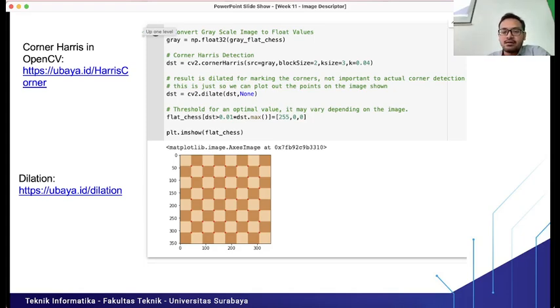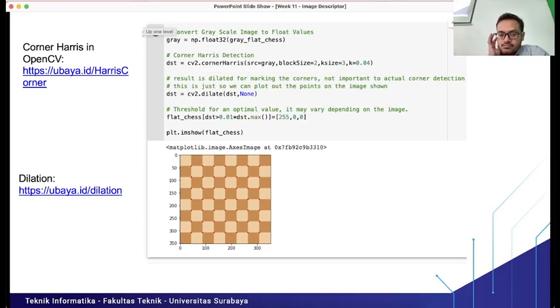We only detect corners, and maybe if we want to classify something in the image, then we only use the corner positions. So it means we don't need to use all of the pixel values. If we have reduced features, fewer features, it will be more computationally efficient than if we use all of the pixel values from the image, right?